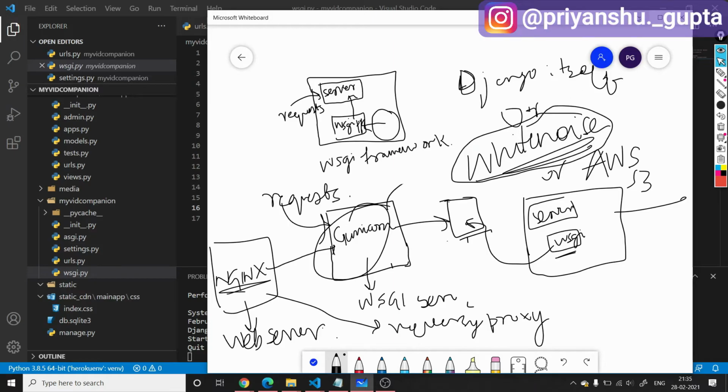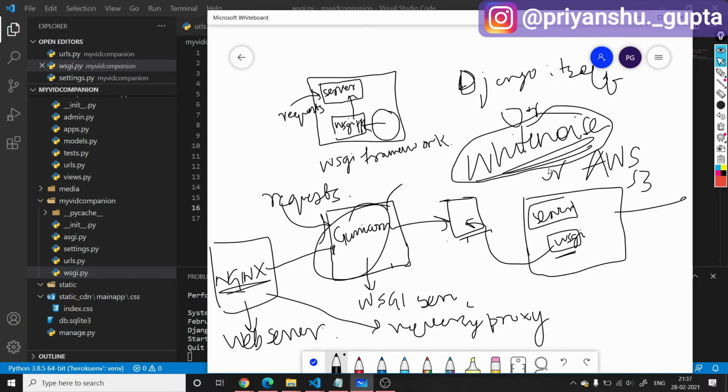So white noise is something which you have to install on your virtual environment using pip install. Then you will add this white noise app inside your Django application, and white noise provides certain advantages, like it provides some zipping and unzipping algorithms to handle static files and media files, to provide efficiency and to increase the speed of serving those files. And it also uses caching to serve your static files and media files to the client side. But here also, if you are using white noise, there is some load that is added to our Django application, because basically this is a Python pip module.